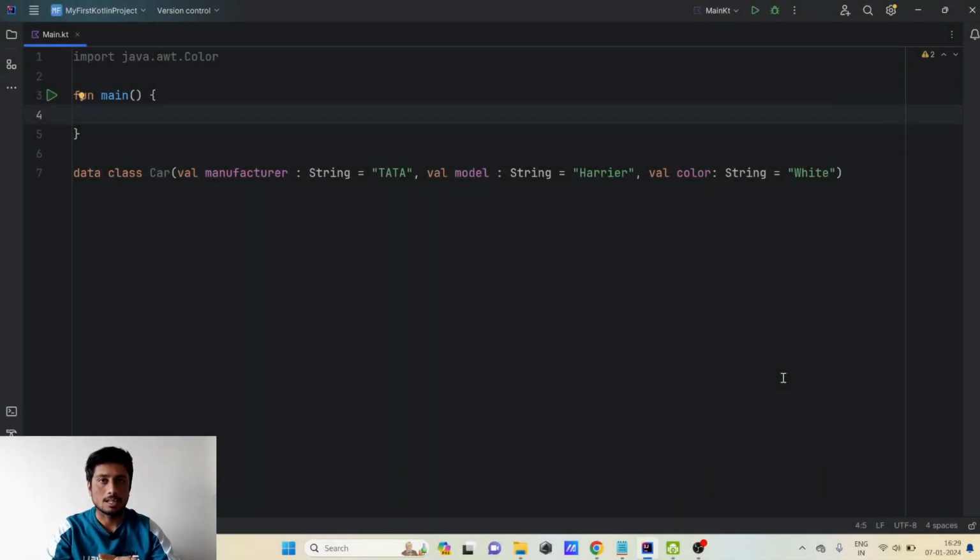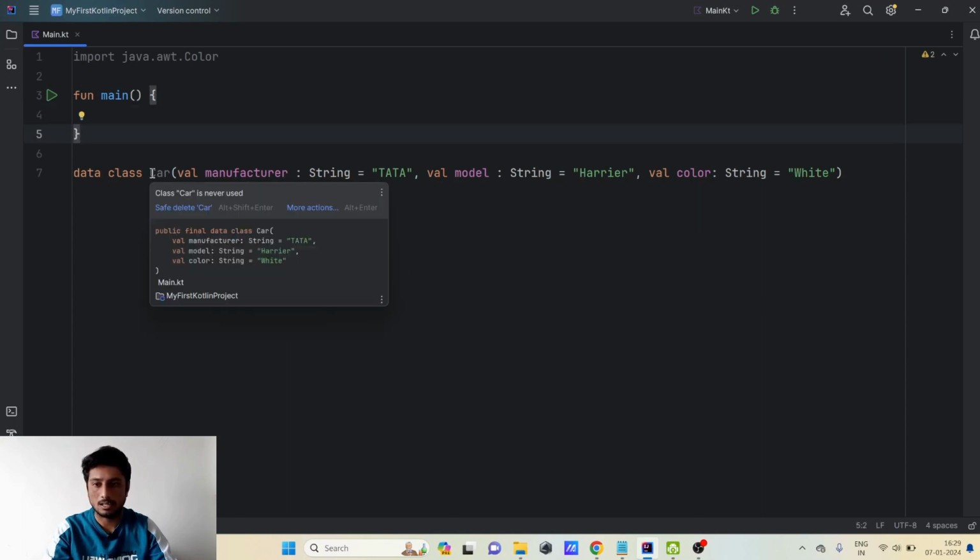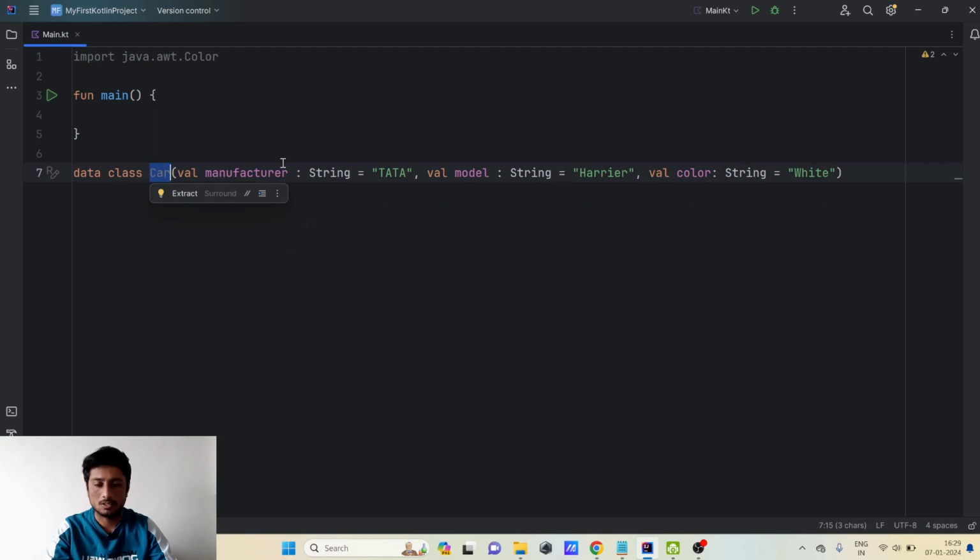So let's get started. Here I'm in IntelliJ IDEA, and I have just written a main function, and I have created a data class, Car, with some properties. Here we have three properties: manufacturer, model, and color. All properties I have already assigned a value, so that if we don't assign a value, that would also be fine. So let's create one object here, val car